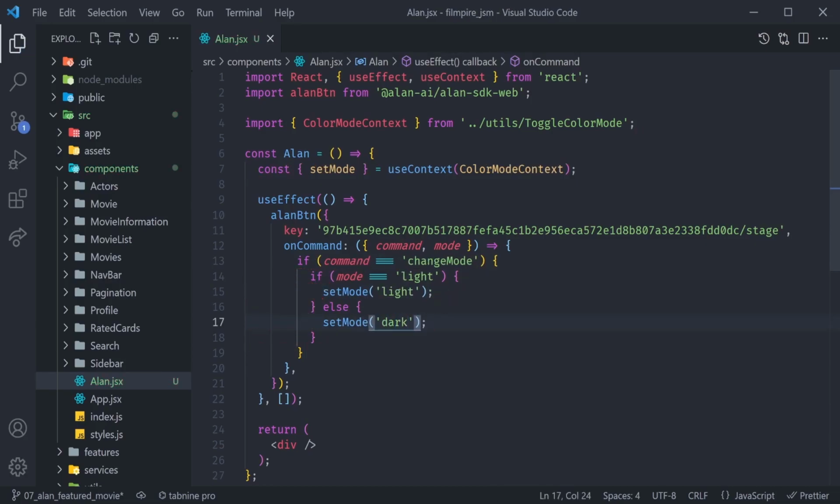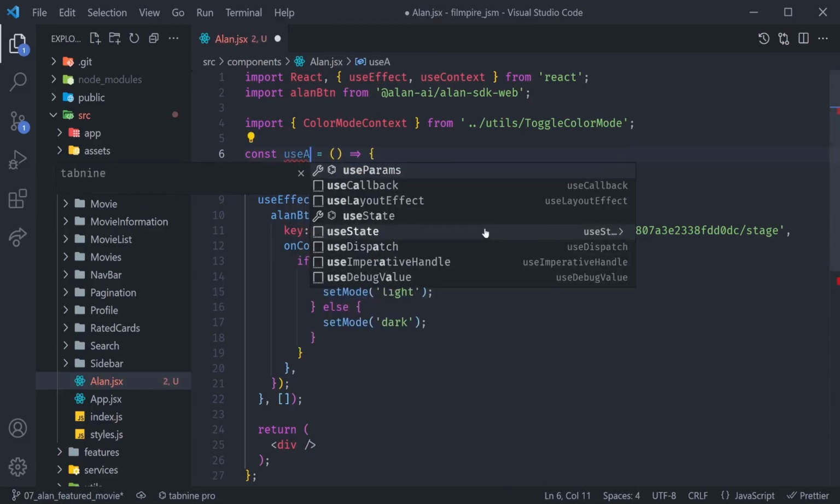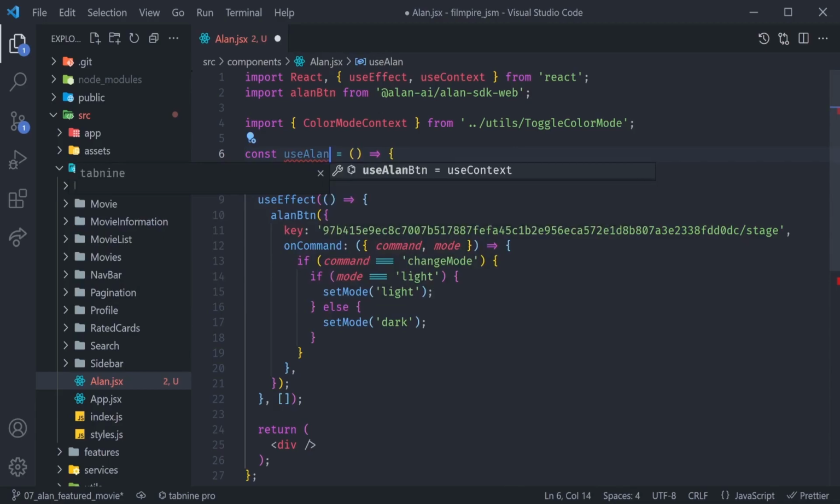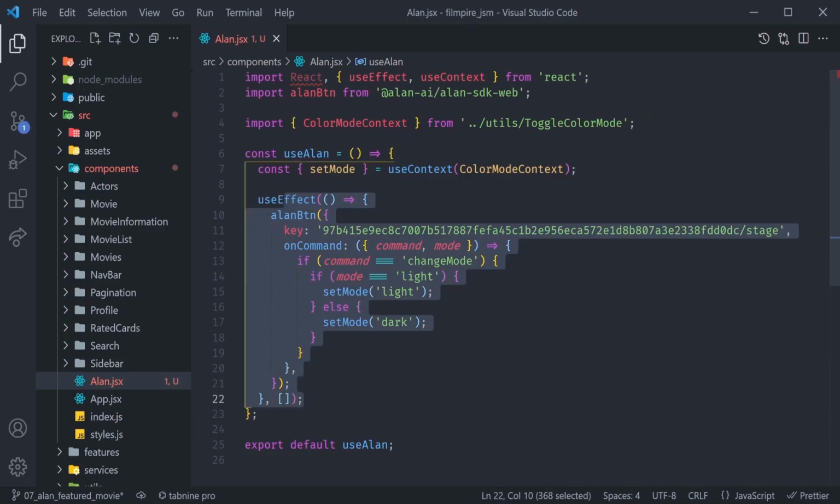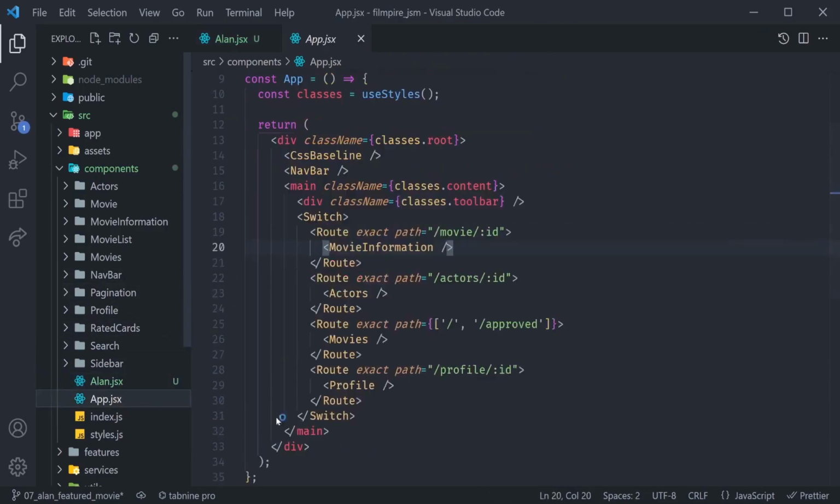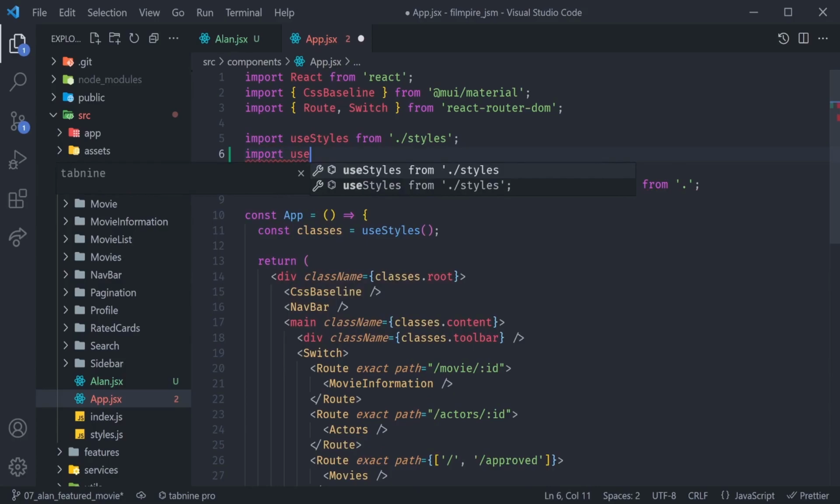Great. Now, one interesting thing is that Alan is not going to be a component. It's actually going to be a custom hook that we're going to create. So right here, we can say useAlan, and at the bottom, we can export default useAlan. Our Alan won't return anything because it's just a custom hook that's calling this useEffect. So with that, we can go inside of our App, and right here, we can import our Alan. We can say import useAlan, and that's coming from